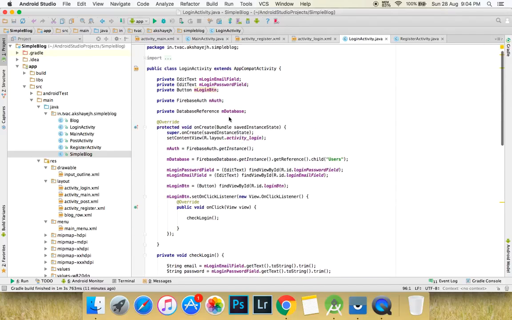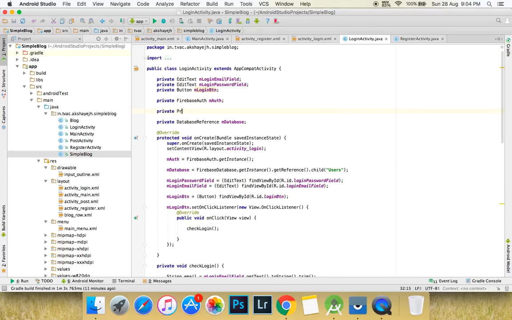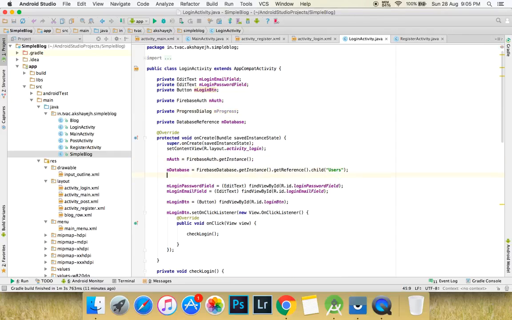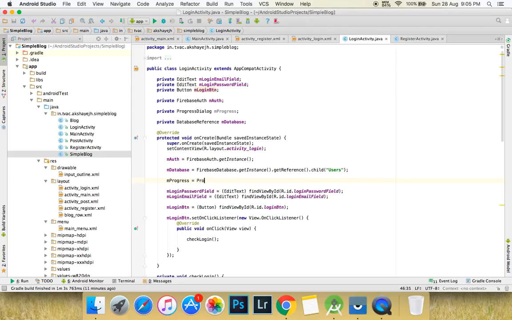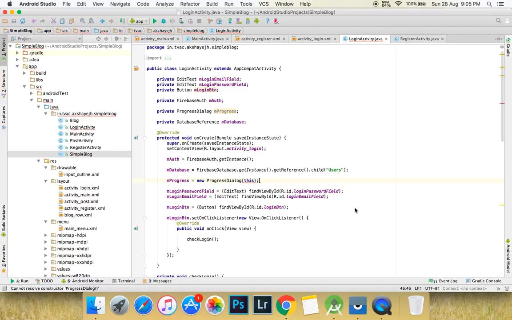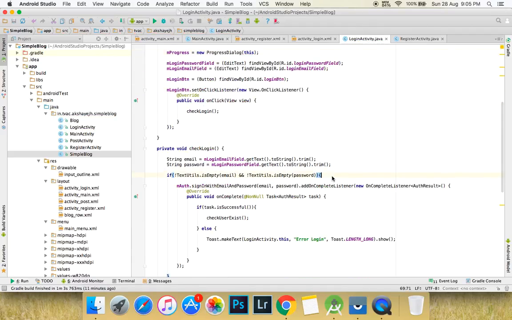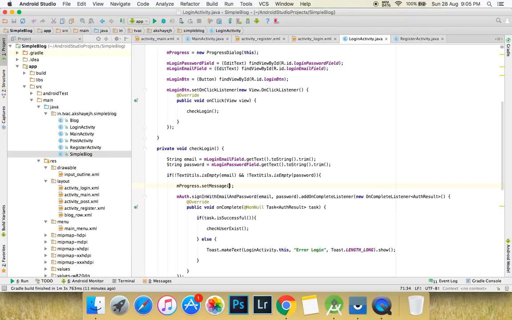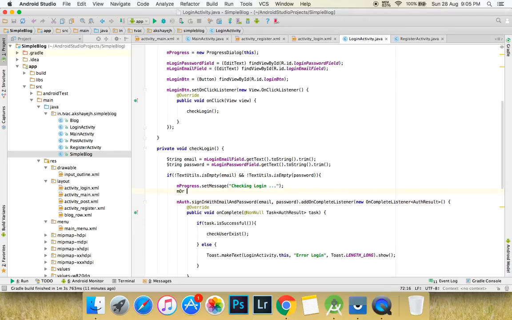Now one thing that I want to do before proceeding, I want to add a progress bar, because that's really what we need. So progress, and come down here, new progress dialog. All right, so when we want to show the progress dialog is actually when the user clicks on the button and it checks if the email and password is empty or not. All right, so set message checking login, and then mProgress